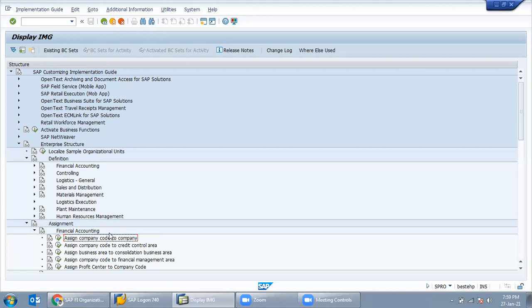Now come to the next point. I have a very basic question here: why are we doing the configuration exactly? What is the reason to do the configuration? If you did not do the configuration, how will you get the implementation done? Suppose a company is running another software like Oracle or Tally. Now it has decided to use SAP. So you have to design SAP as per their business requirements. Understand?